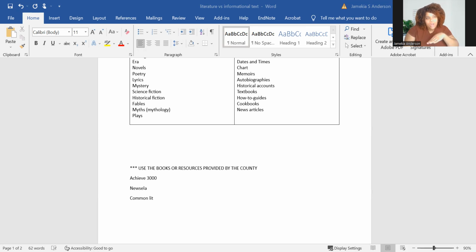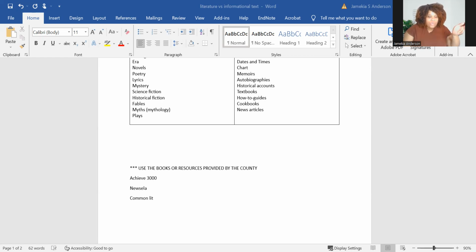Pearson's the one who is actually running the tests when we push out certain tests within our district, especially here in Polk County. Again, I'm gonna assume that all of Florida is slightly on the same page, but use those resources that they provide because you're giving your students the opportunity to see the similar questions that are on the test, because the people who write the books are the people who also write the test. So it makes sense for them to be as close as possible to that.